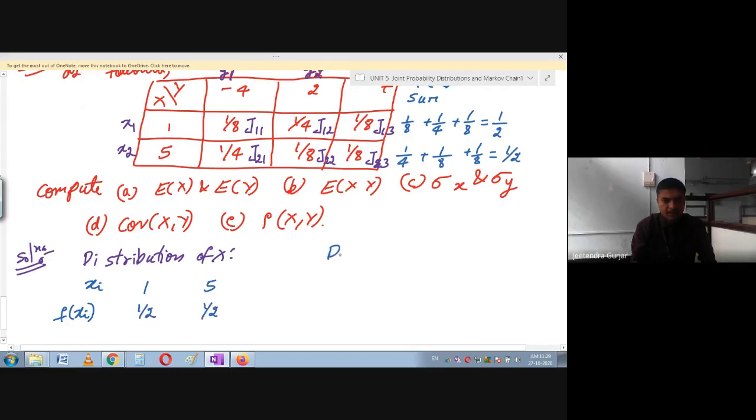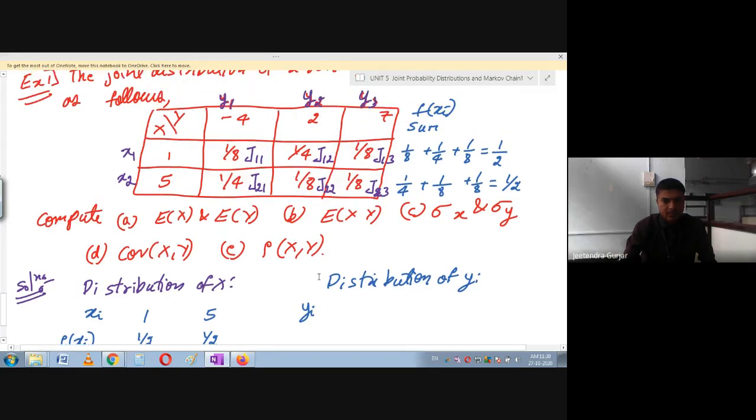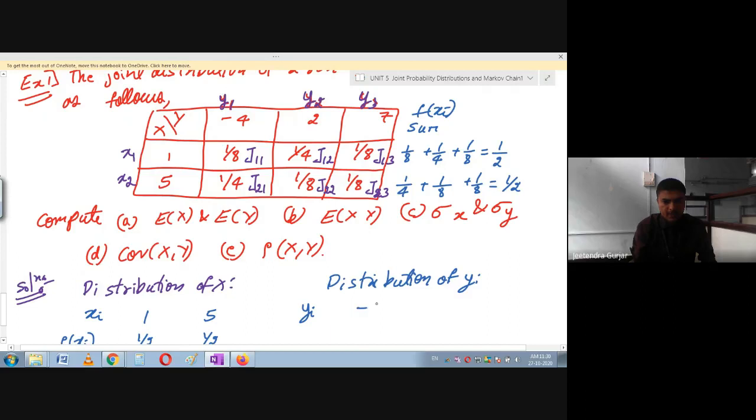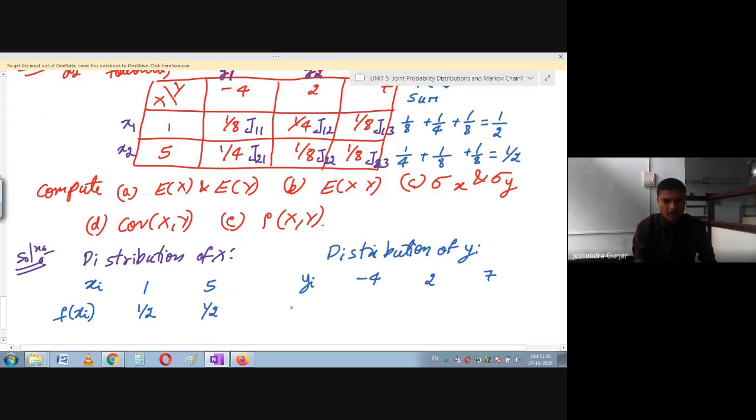Similarly, can you give me the distribution for y? Yes, distribution of y. So you can see here yi. So I think 3 are there. So you are going to add 3. That is minus 4. So simultaneously, because this is a joint probability, we are going to go for x and y. So I'm going to take the function f of yi. I think you are going to add this 1 upon 8 and 1 upon 4. That is, I'm going to get here f of yi. So when you add 1 upon 8 and 1 upon 4, what are you going to get here, son?